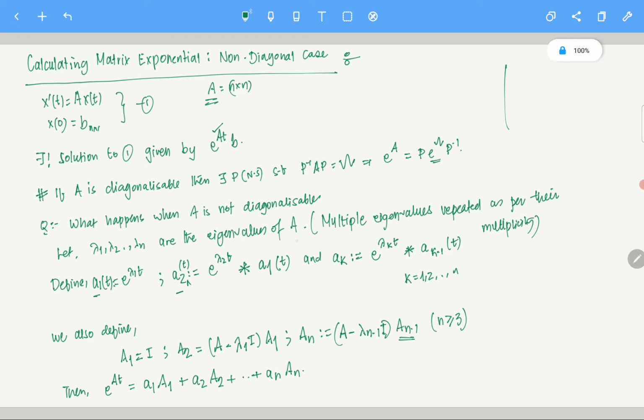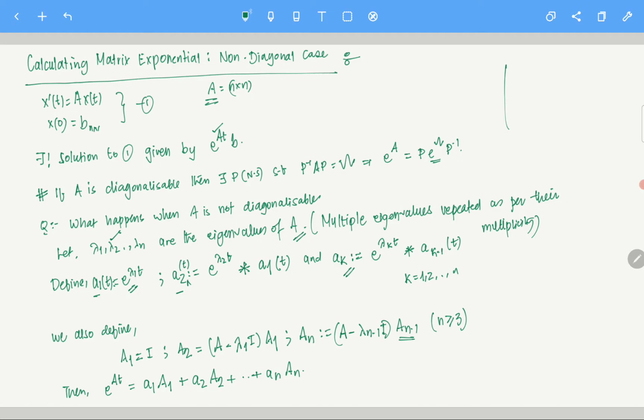Okay. So what am I doing? First of all, write down all the eigenvalues. Write down what a1 of t is. A1 of t is exponential lambda 1 t. So for any fixed t, it's a constant which is e power lambda 1 t. Now a2 of t, and of course this is a function of t, right? You have to calculate it. A2 of t is basically e power lambda 2 t, lambda 2 you already know, and you convolve it with the earlier version which you got, e power lambda 1 t. And similarly ak of t, you take e power lambda k t and convolve it with a k minus 1 of t. Okay, and you go on like this.